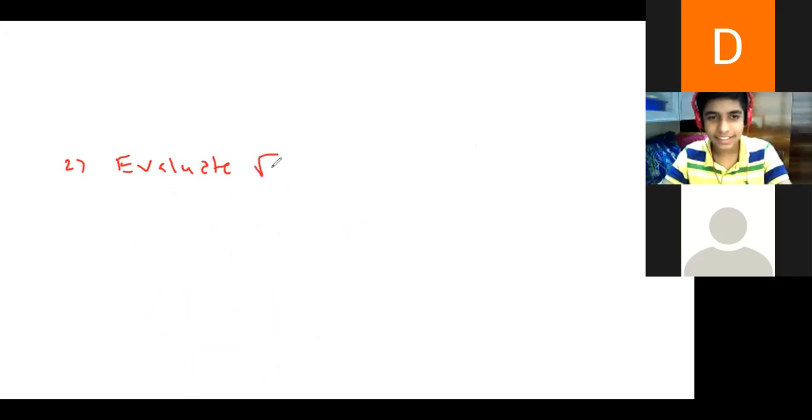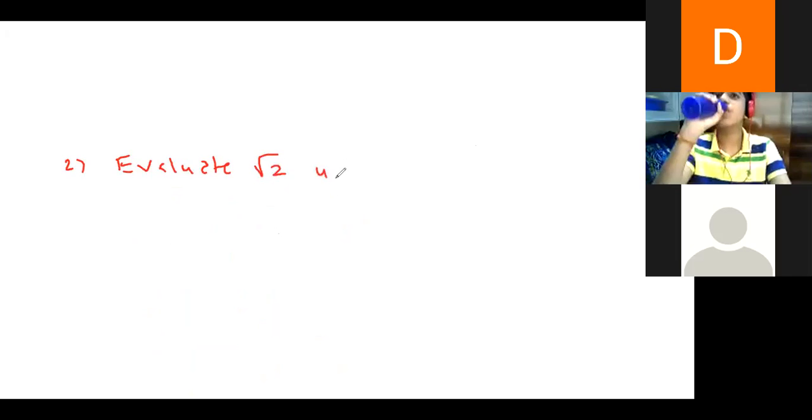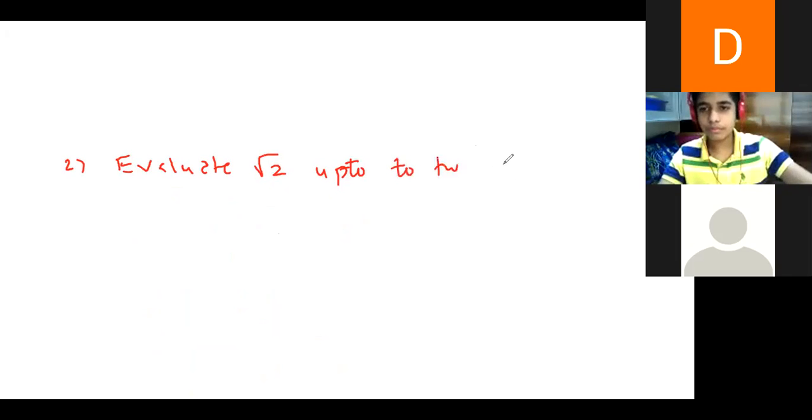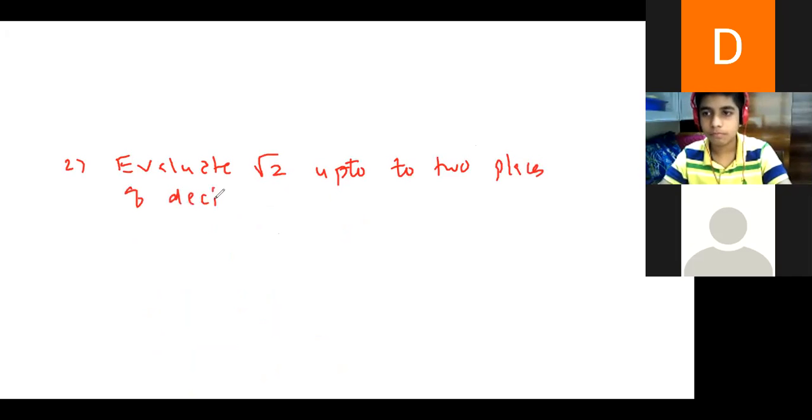Yes. Now I said it is root 2 suppose. I know answer it is 1.414. We want answer up to 2 places of decimal. If you want answer up to 2 places of decimal, you will find 3 decimal and round off. Correct? This is the rule. So first root 2,